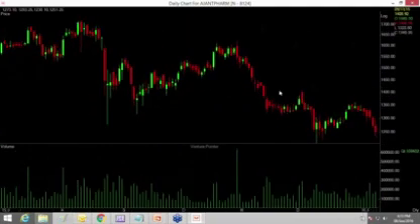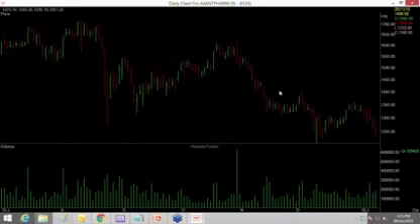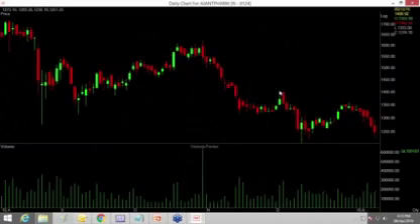So there are three types of price chart. One is the line chart, which can be seen by pressing L on the price chart in the pointer terminal. If you press B, you can see the bar chart. In the bar chart, a red candle represents the closing is lower than the opening and a green candle represents the closing is higher than the opening. And last is the Japanese candle. If you press J, then you can see the Japanese candlestick chart. Here also a green candle represents that the closing is higher and a red candle represents that the closing is lower than the opening price of the day.